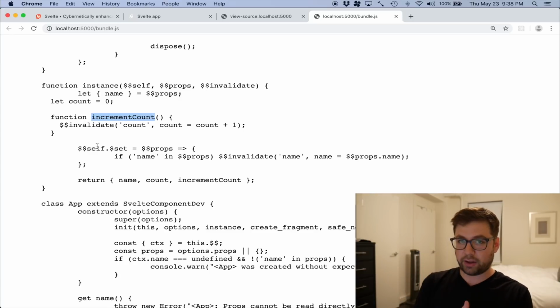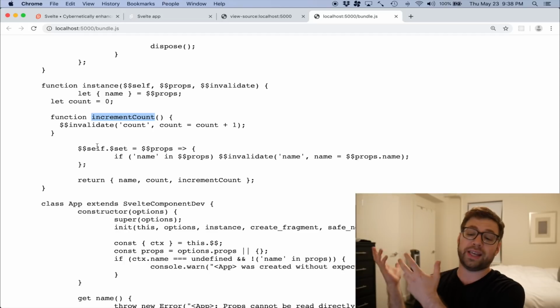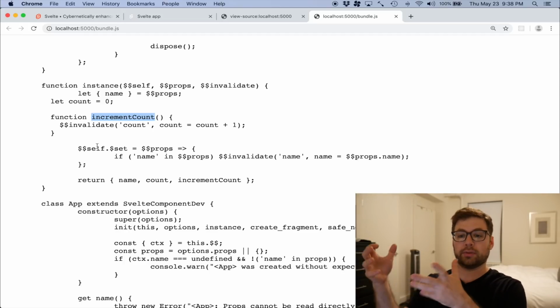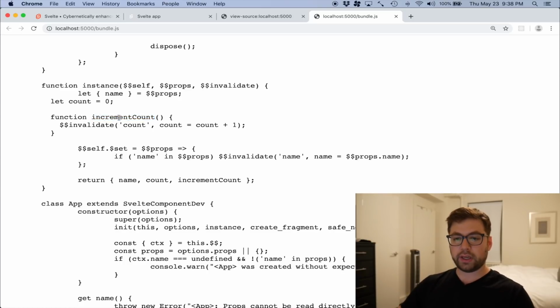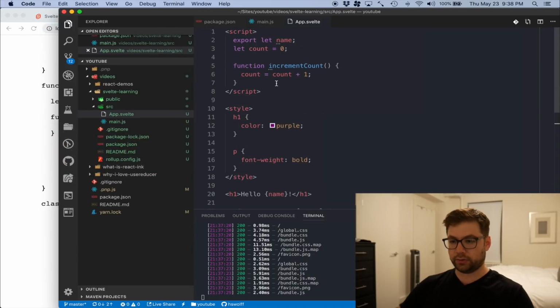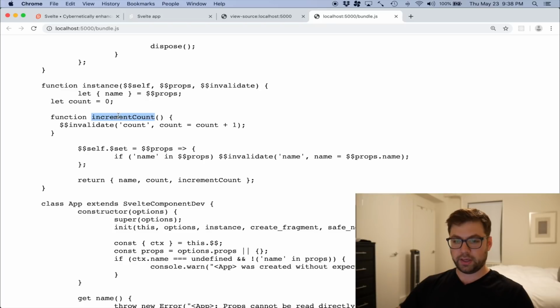Whereas Svelte, because it actually has full knowledge of your actual application code, it can inline those runtime calls directly into your compiled code. So you see here is what I wrote for increment count, if you recall, is count equals count plus 1. What's actually being rendered here is this invalidate count, count equals count plus 1. So it took my expression, which I wrote there, and it's saying that when that completes, this variable that I have defined here is now invalidated, then it's going to have to